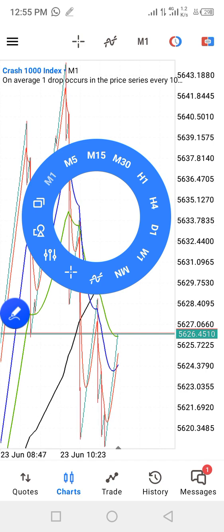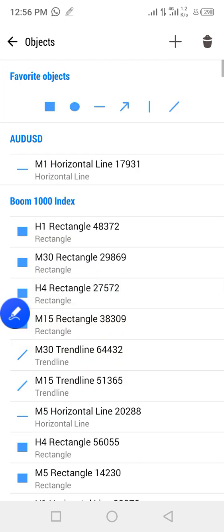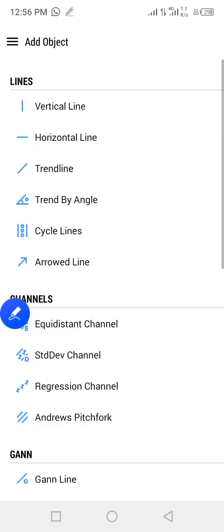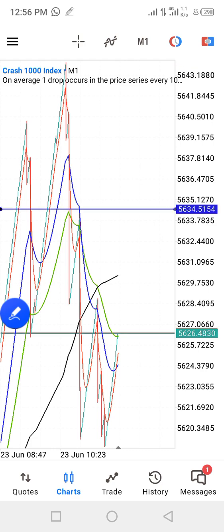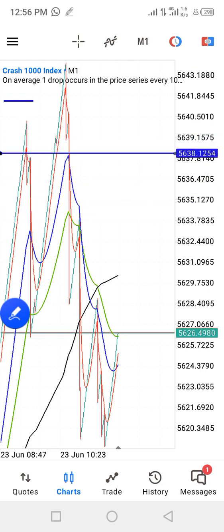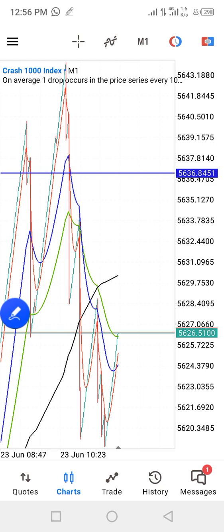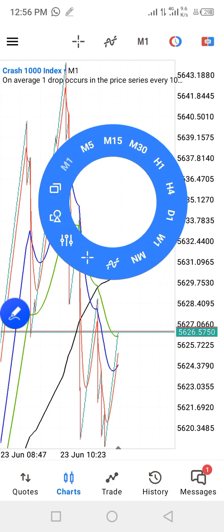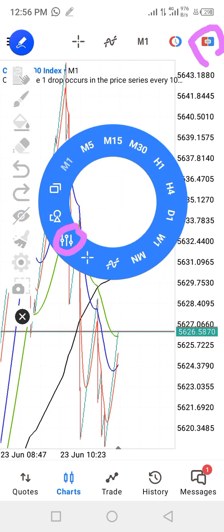If you want to use a line too, you can use a line. If I go back now and go to this place, I use a horizontal line. You can see I've dropped a line now, and there's a dot on it, so I can move it. If I touch it 2 times, it goes off. I can move it again. If I want to take it off, I just touch and hold. A box comes up at the top, I take it off. So that is it. So going back to the next one now, the next one, which is this one, the